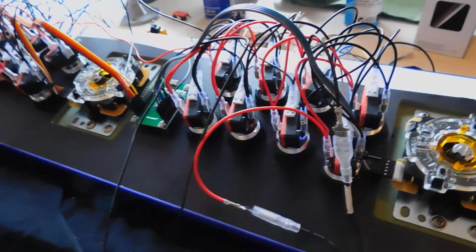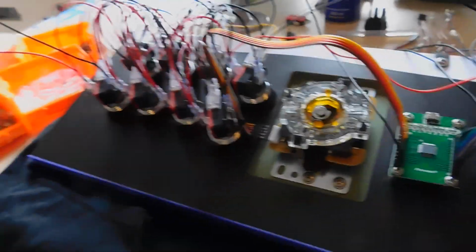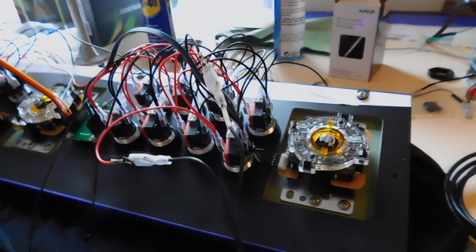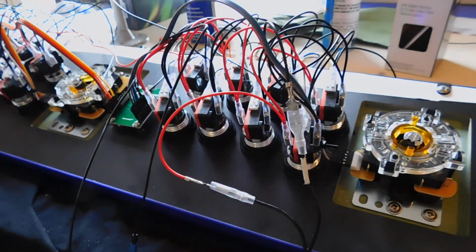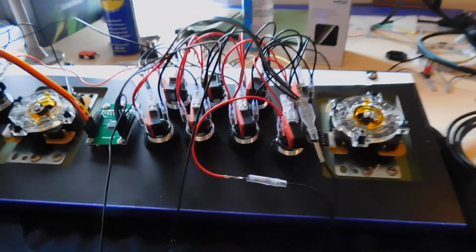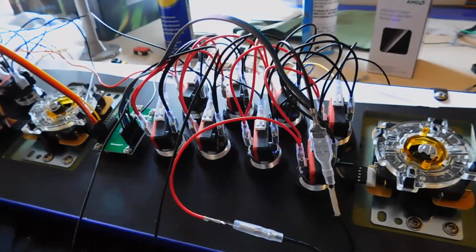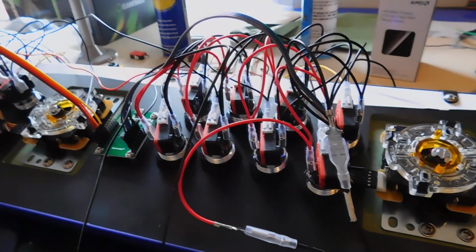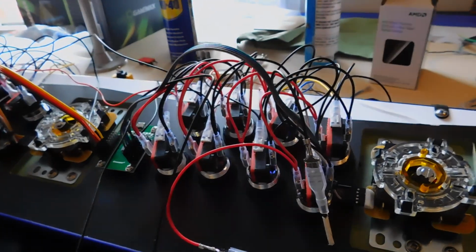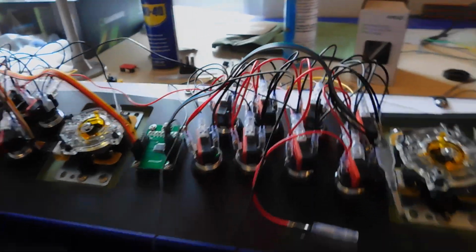Right then, just doing the wiring for the Xin-mo controller and the LEDs. So what I do is I have a 12-volt plug that I've just cut the ends off and then crimped some spade connectors on there. So perfect for testing. I always test each LED button before I mount the buttons, and then once I've done the wiring I do another test to make sure there's no loose wiring, no LEDs flickering when